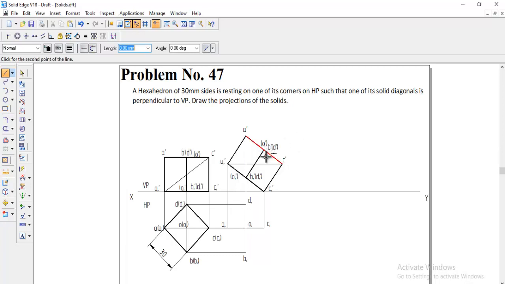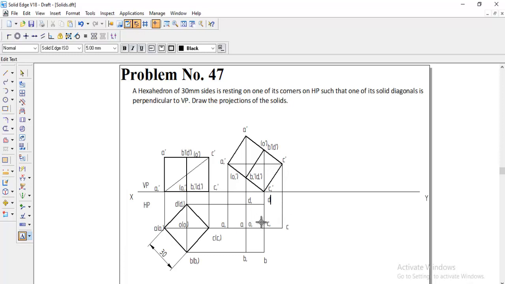And next, B dash and D dash are also falling on the same line, so we can get B dash and D dash at the same point. Now this is C dash. Coming to the naming, we will start from here: A dash, A itself here, and now B, and then C, and then D, and O also comes here on the point of C, so O can be written here.